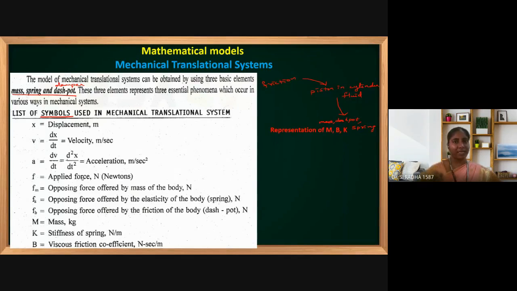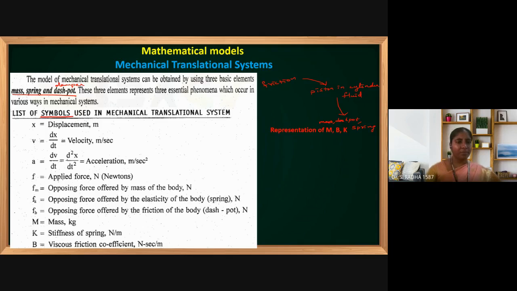When a force is applied on an object, I will give opposing force. I don't want to move from my rest position. Whenever the applied force is greater than the opposing force given by me, I should be moving. The object will be moving when the applied force is higher.